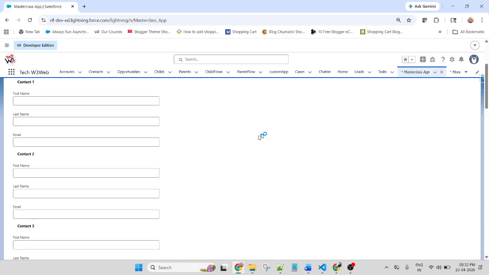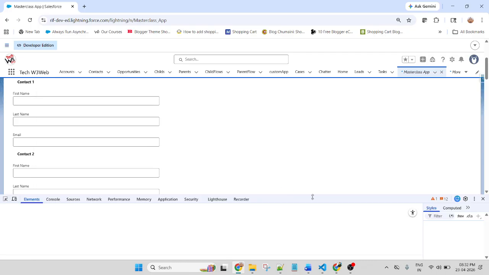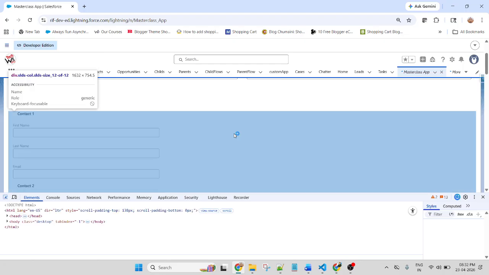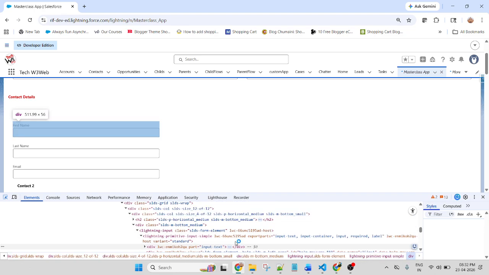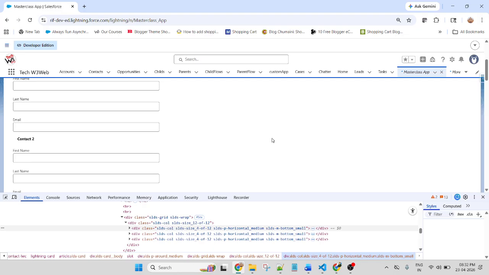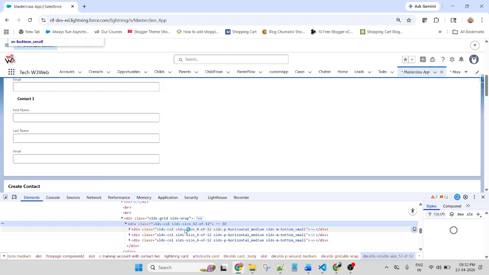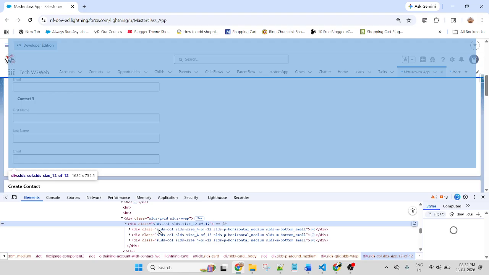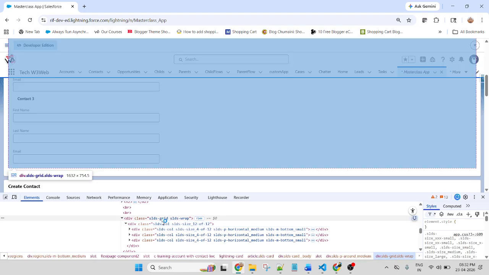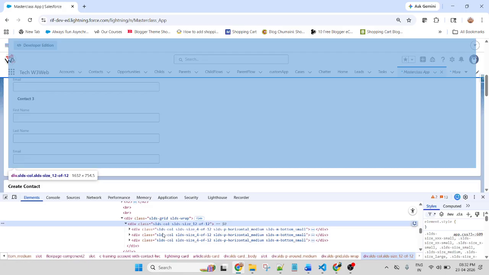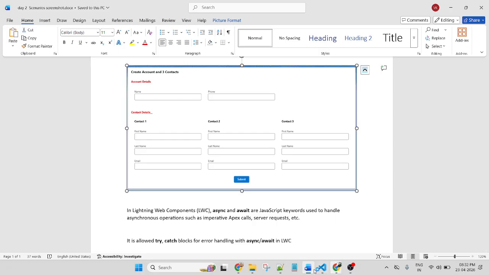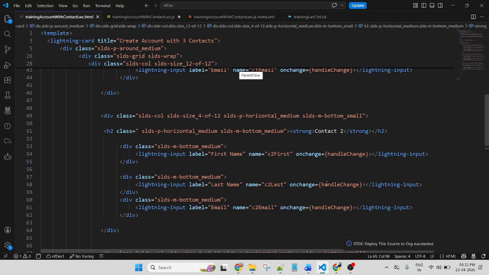Let me check why they display vertically. Inside this 12, where is 12?